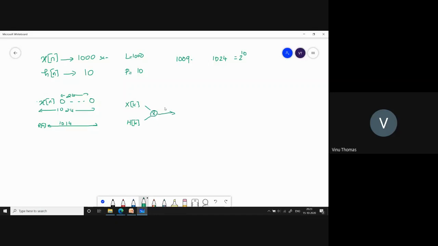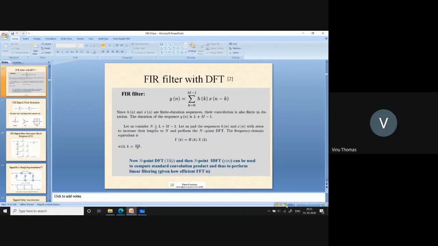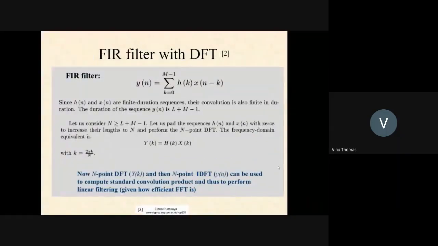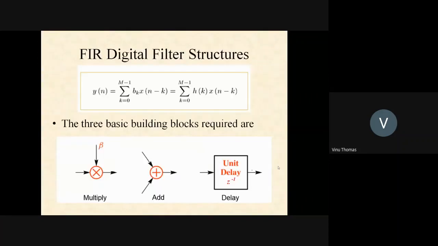And then you take the IFFT, this is Y of k, and you take the IFFT. So IFFT should give you Y of n. And now this seems to be a rather cumbersome way, because the length of the filter is only 10 and you have to put many zeros, and you have to compute a 1024 point FFT for this. However, you see that this can be implemented by using FFT algorithms. So FIR filter can be implemented by using FFT.